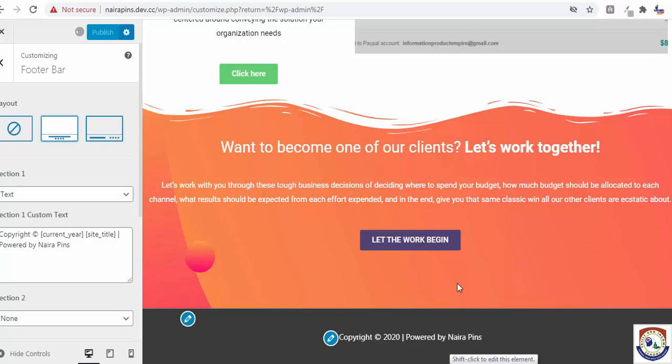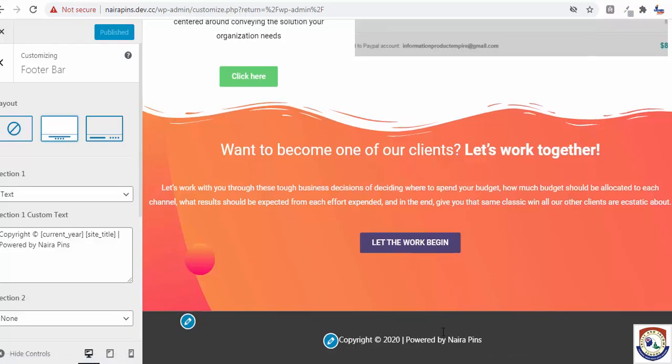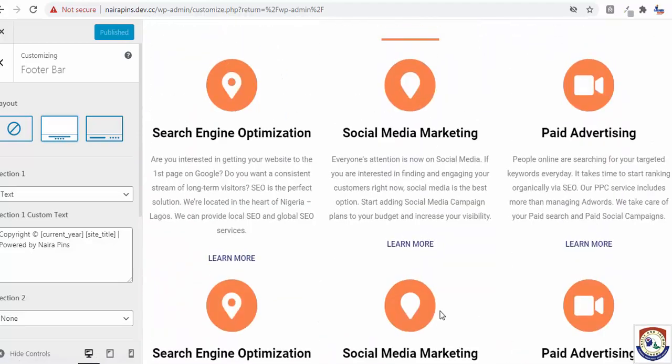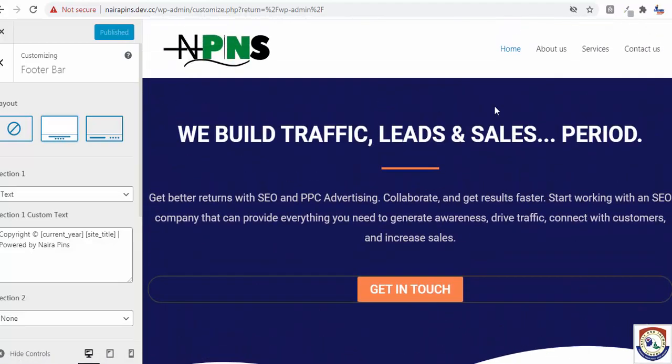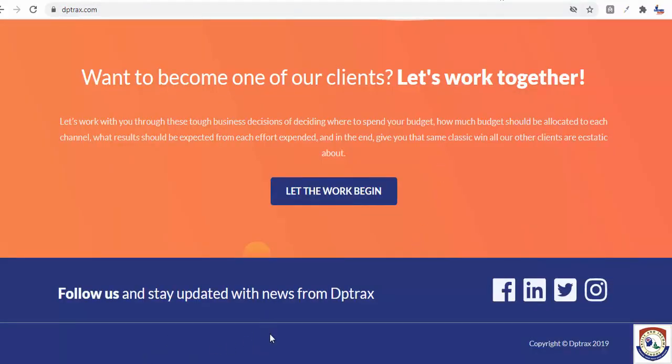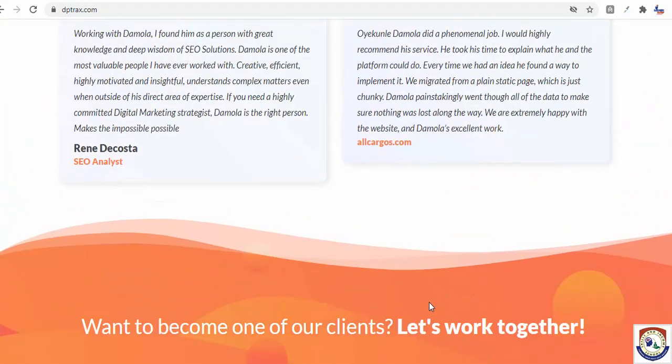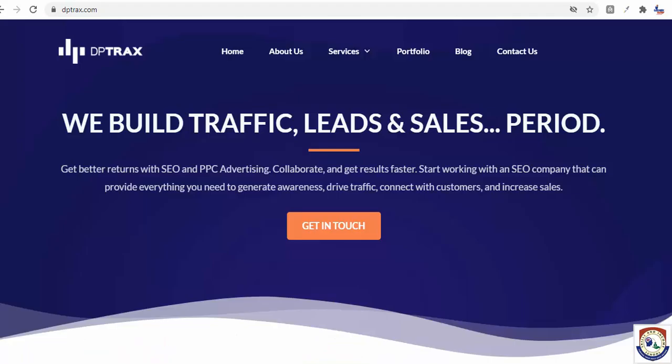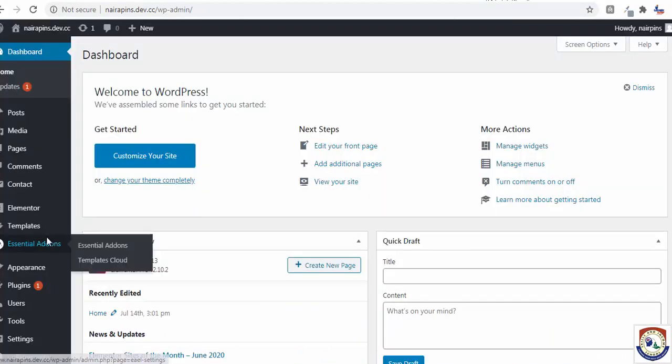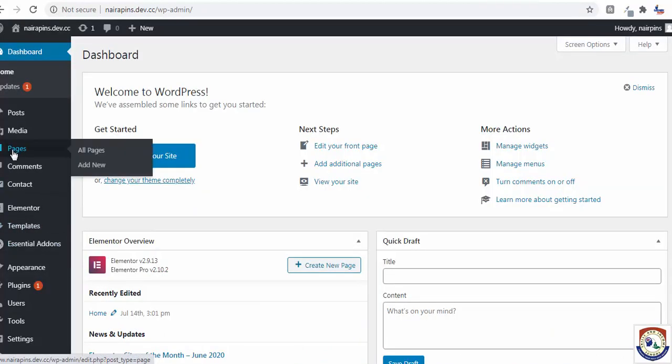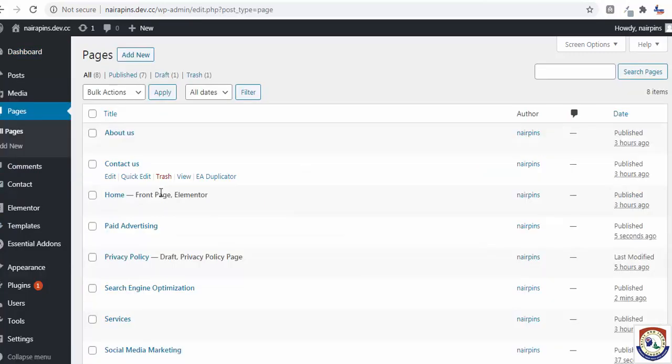And also, okay, so that is done for that. Now let me tell you about some widgets. Okay, now before I tell you about some widgets, let me quickly do something. Because I want to add some widgets here, because this site I don't think they have widgets. They have to have like some footer guidelines, for people to navigate through their website and get engagement. Okay, now let me just quickly add some pages. I'm going to add like 4 pages or 5 pages. Now I've added some pages.